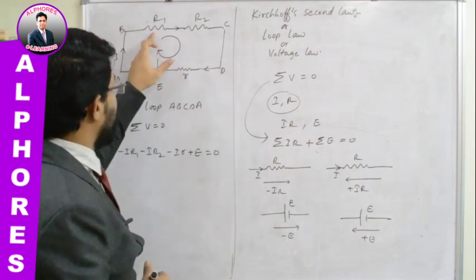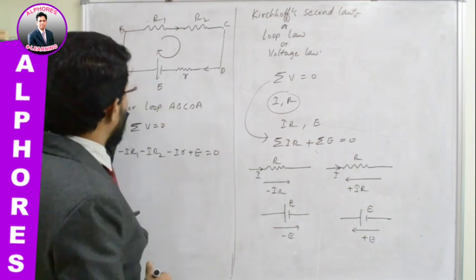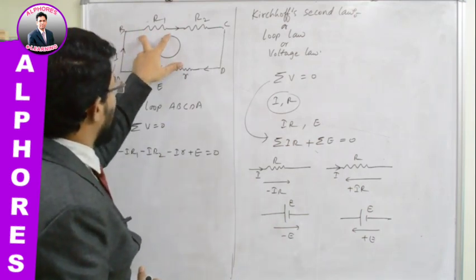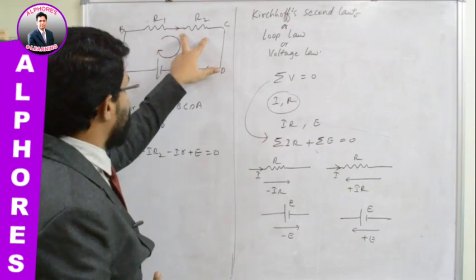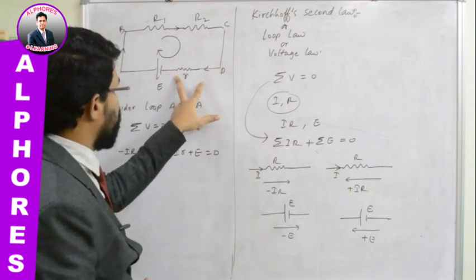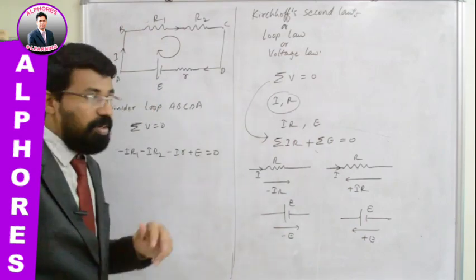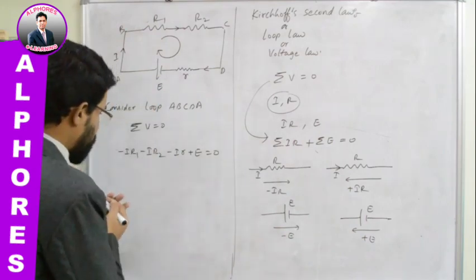This resistor is offering some resistance. So to drive the charge, some potential drop will be there across this one, and here some other potential drop will be there across this one. Here also some other potential drop will be there across this one. So when you add all those potentials, what will you get? You will get the EMF of the cell. You can check it from here itself.